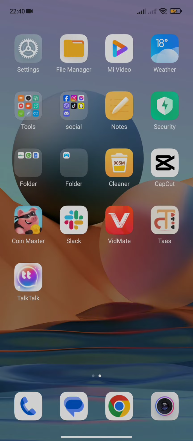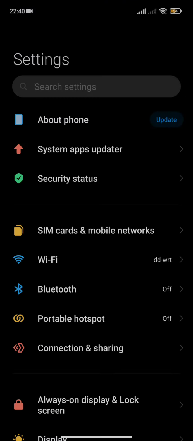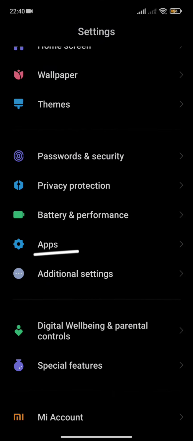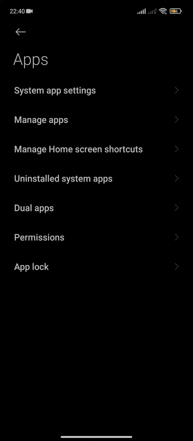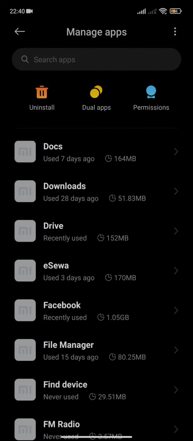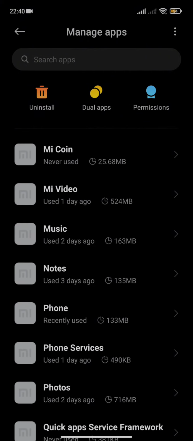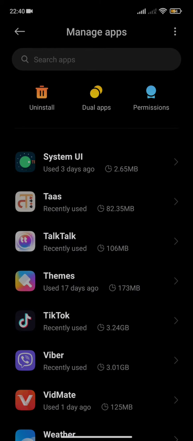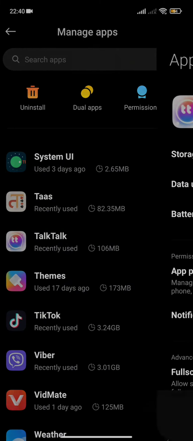So first of all, you need to open your settings and scroll down through it. Once you scroll down, you can find the apps option which you need to press. Here you need to simply go to manage apps and scroll down through the drop down menu to search for the TalkTalk app. Once you find the TalkTalk app, all you need to do is tap it open